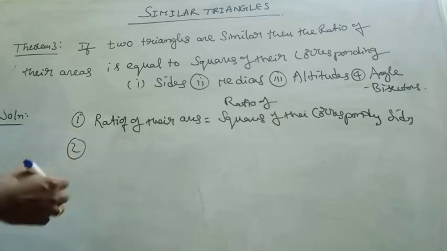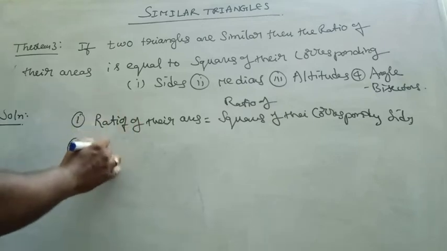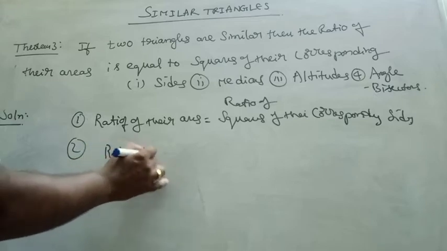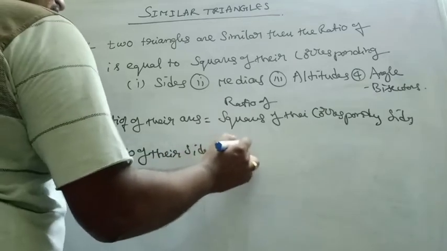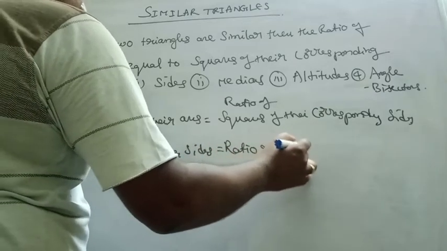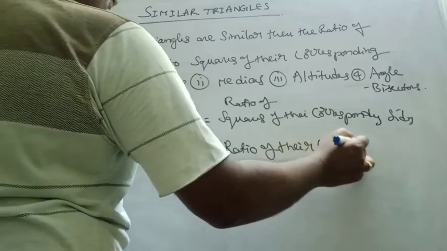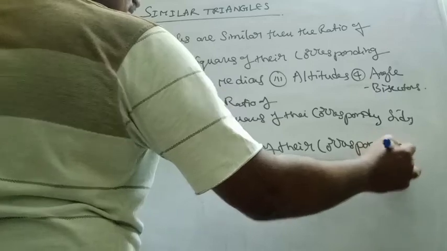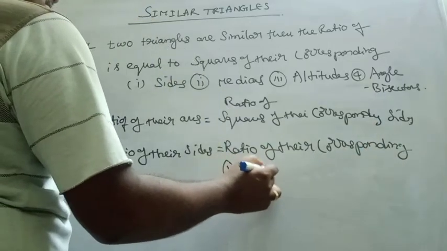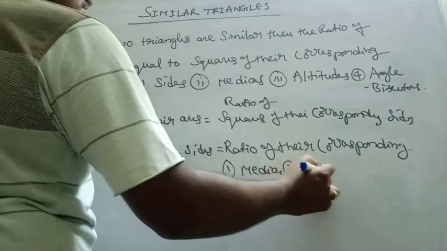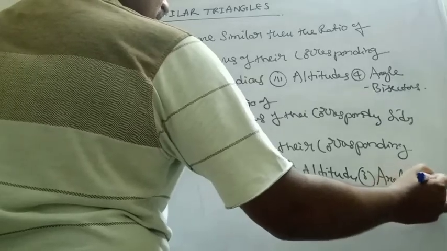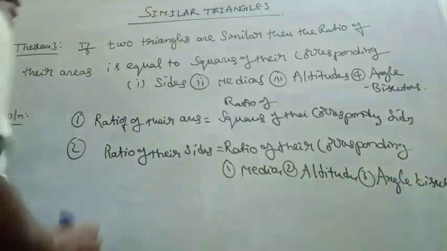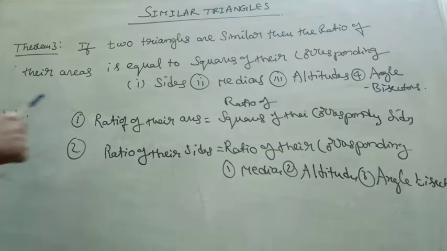Next, if two triangles are similar, then the ratio of their sides is equal to the ratio of their corresponding medians, altitudes, and angle bisectors. By combining these two results, my dear students, now if two triangles are similar, then